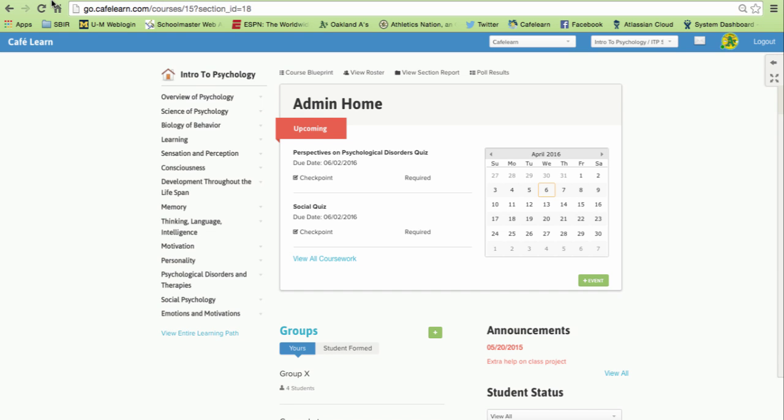Let's take a look. Here is the instructor home screen. By the way, the student view within Cafe Learn mirrors the instructor view and the platform is mobile friendly. As you can see, the title of the course is on the top left, and below that is the course learning path. The items on the top of the page are our various tabs for instructors to monitor progress and the logistics